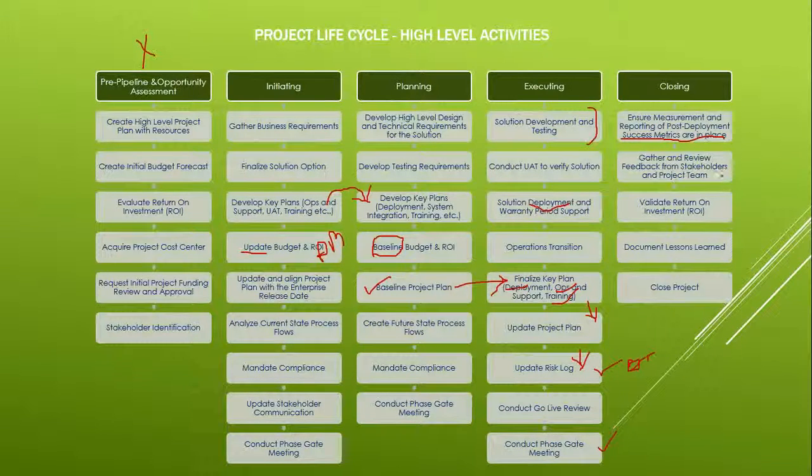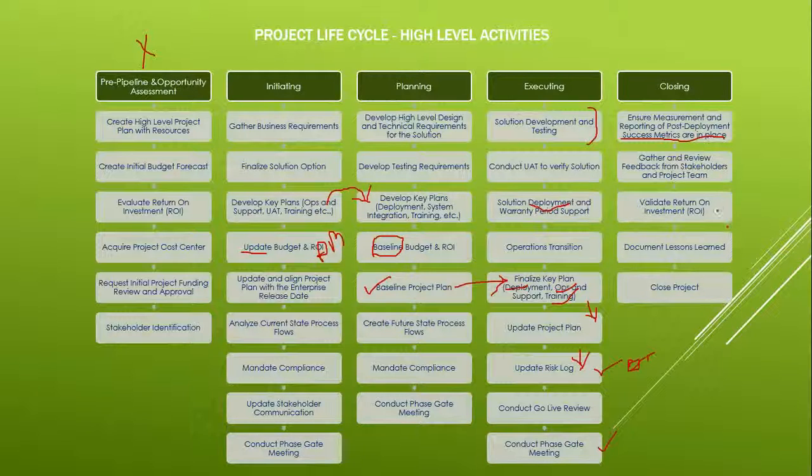Gather the feedback from the stakeholders and the project team on how you did as an overall project. You are not asking for a review of an individual, whether what we did is good or bad. There could be some feedback particular to the BA, but what you are asking is overall what process we can improve on, what was the best thing about this project, and who did outstanding work.